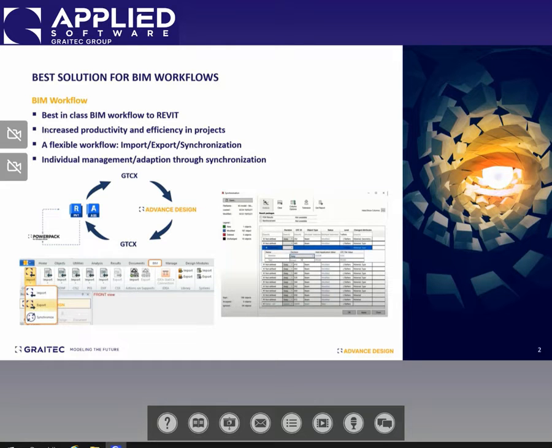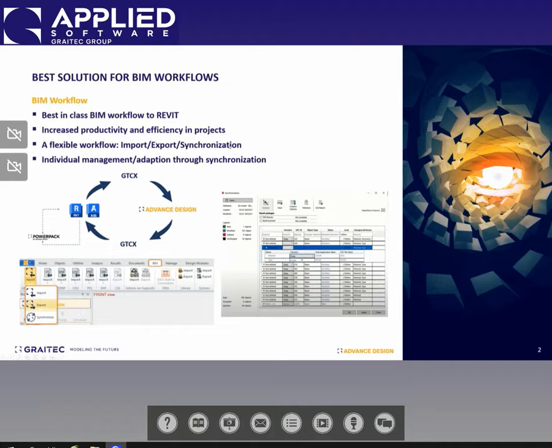Although it's also possible to start your project directly in Advanced Design and then send it back to Revit, as you see here. So the workflow is very flexible, so you can always import, export, and also synchronize your models between